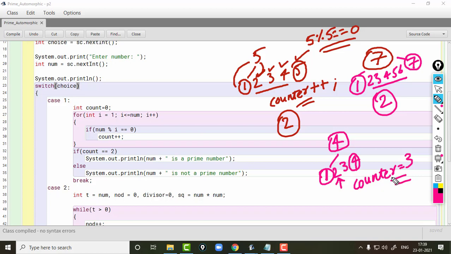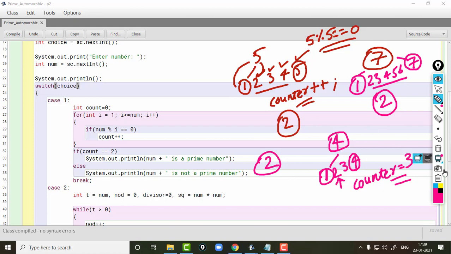So the logic is like this: start from 1 and go up till the given number, and if there is a division by any of those numbers, counter will increase, and if the counter value is 2, that means it's a prime number.